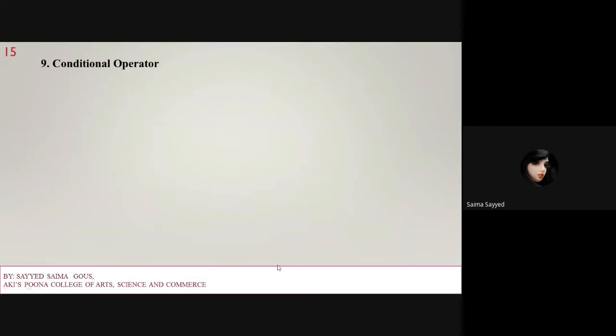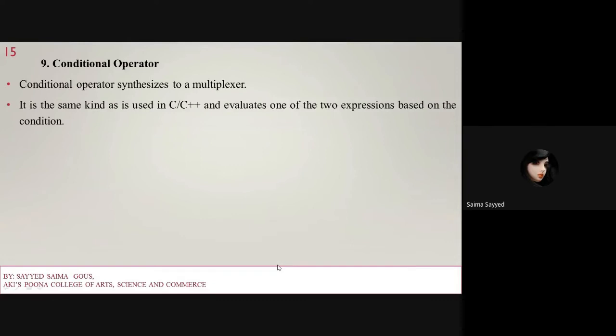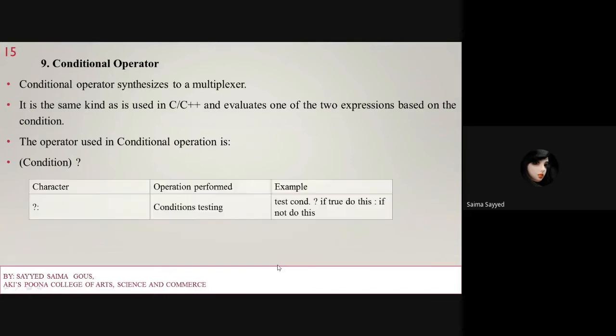Another operator is the conditional operator. Conditional operators synthesize to a multiplexer. It is the same kind as used in C or C++ and evaluates one of two expressions based on the condition.